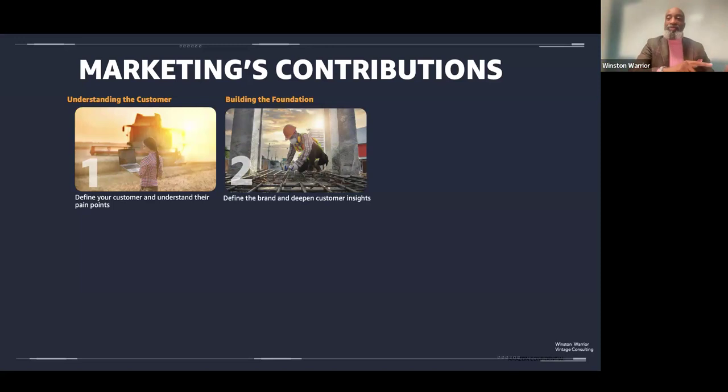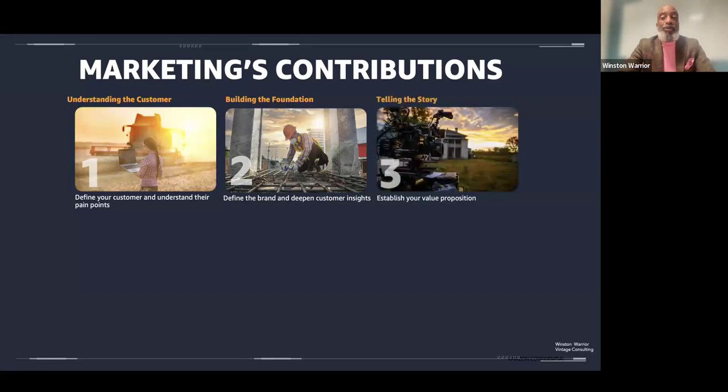Again, it goes back to the customer, something that we talk about at Amazon all the time: customer first. Who is your customer? What does your customer look like? What do they do every day? How much money do they have? How do they shop? How do they get advertising messages? Those are the insights we're talking about. You should know your customer so well that you're able to say, the pain point is this, my brand is this, and guess what? My service can solve this for them because I know this, this, this, and this about them, right? Okay.